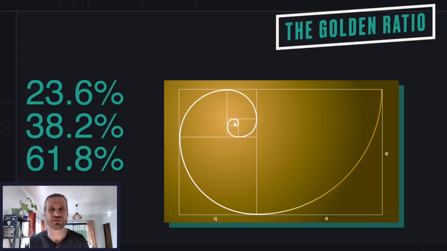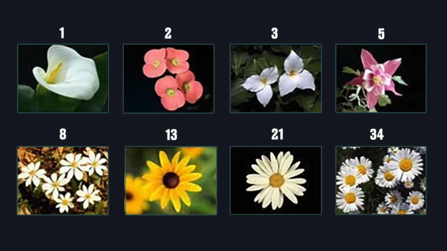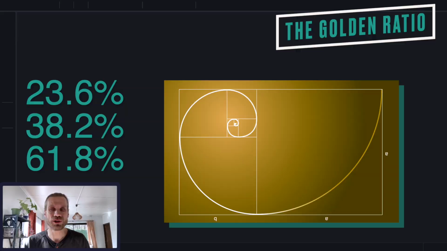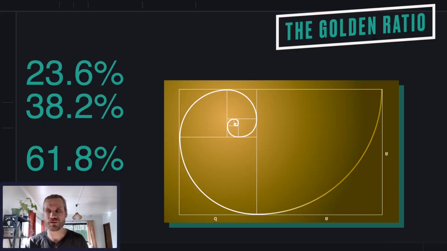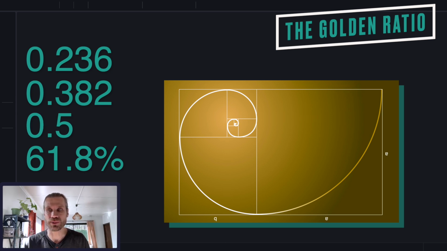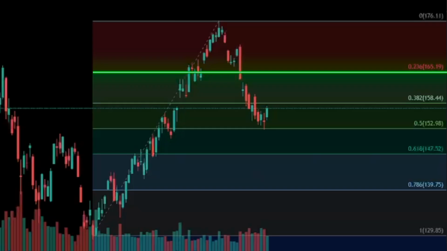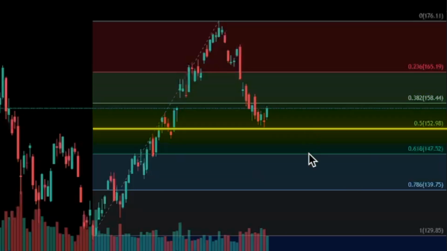The golden ratio is found everywhere in the world around us, and it impacts our daily lives consistently, from the shape of our ears to the number of flower petals, and of course the shape of galaxies in the cosmos. And even though not one of the big three and certainly not part of the golden ratio, the 0.5 Fib level is also widely used by traders, as an asset will often retrace by around 50% before continuing its original trend. Key takeaways then so far: always expect the price action to react to the 0.236, 0.382, 0.5 and 0.618